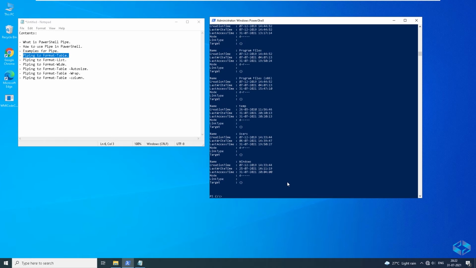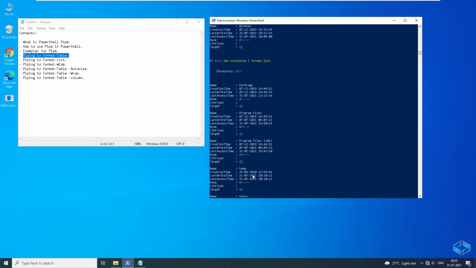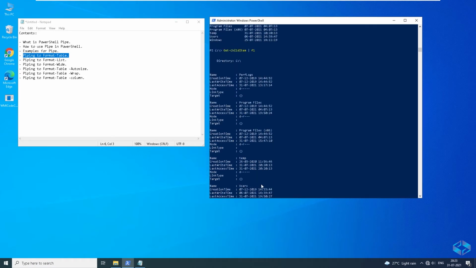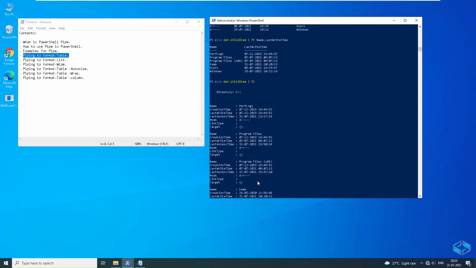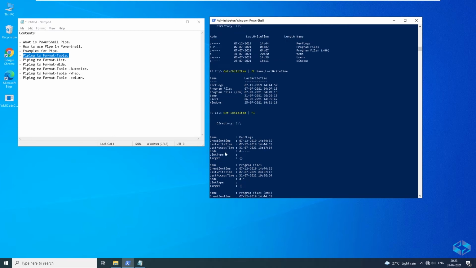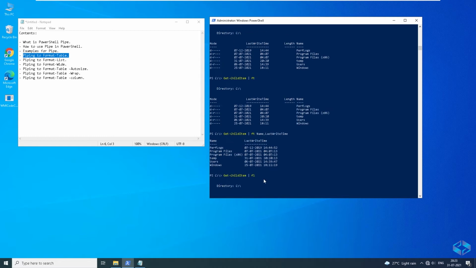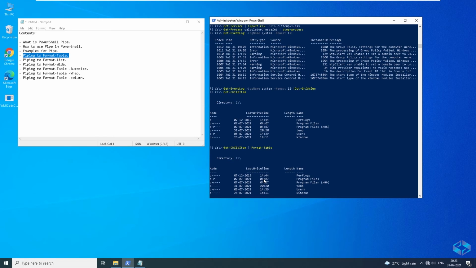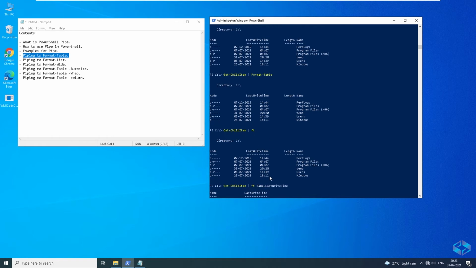You can see the view of Format-List is different compared to Format-Table, and moreover the information you are getting in this result is also different. Here we can see additional things coming, like CreationTime and LastAccessTime, etc. There are multiple things we are getting here when compared to the other command.